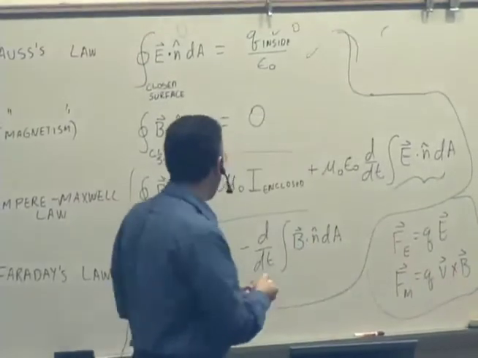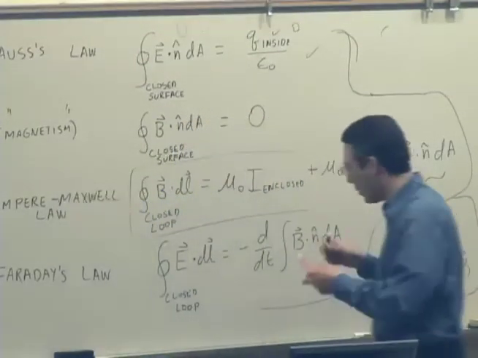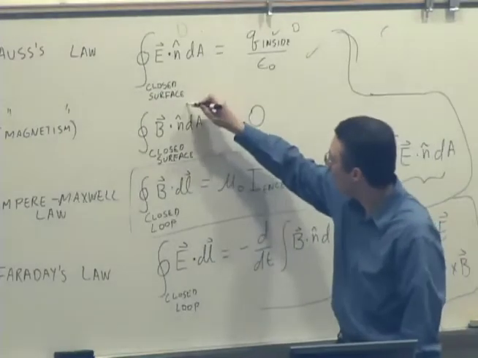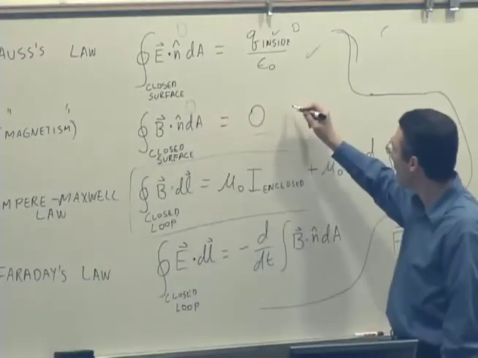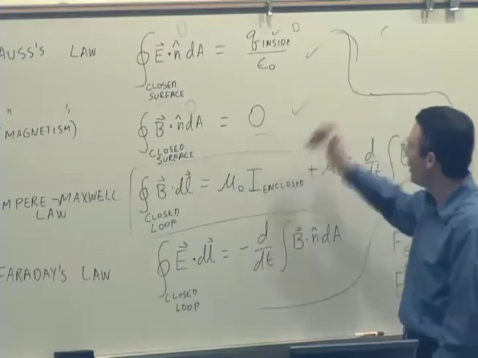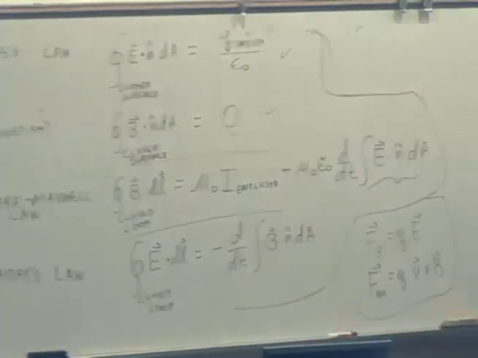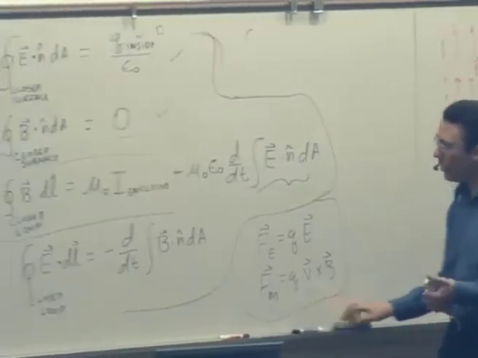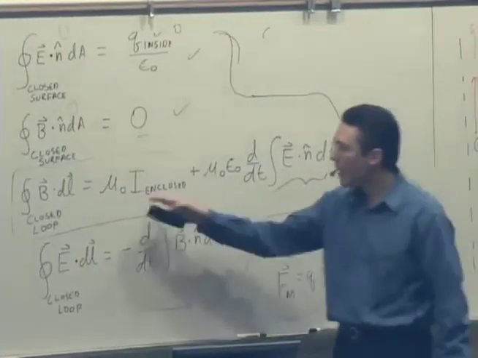And so, in fact, no matter what pattern of field we have for magnetic fields, we've got to get 0. And unfortunately, we do. So we get 0 equal to 0 for magnetic flux. Gauss's law for magnetism is checked off, okay? So far, so good. Now we've got to think about the two that are more tricky, which are Ampere-Maxwell and